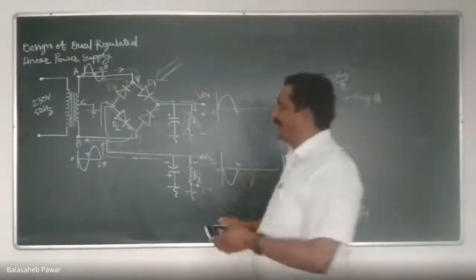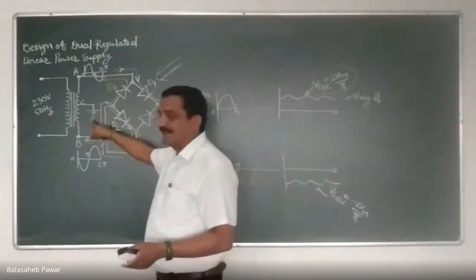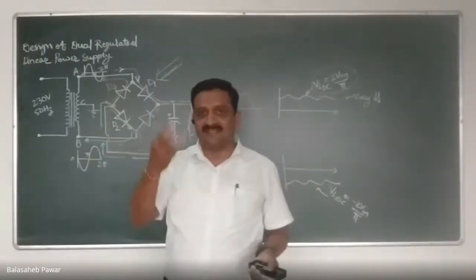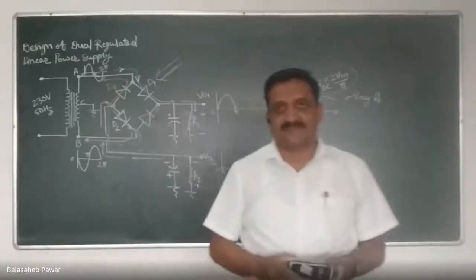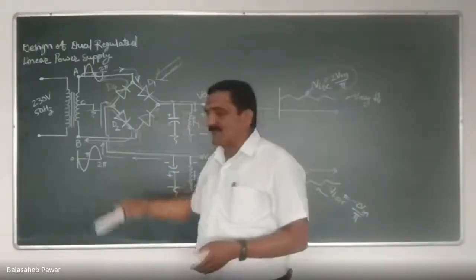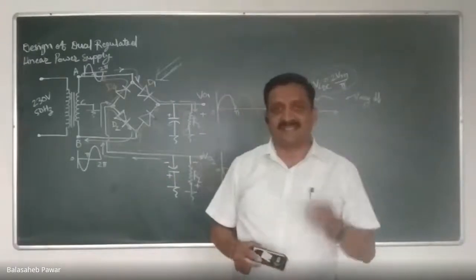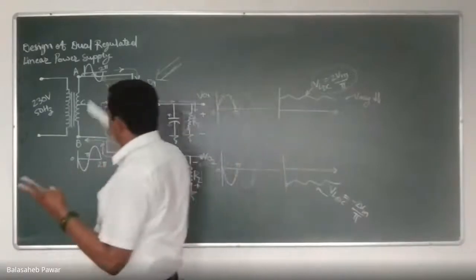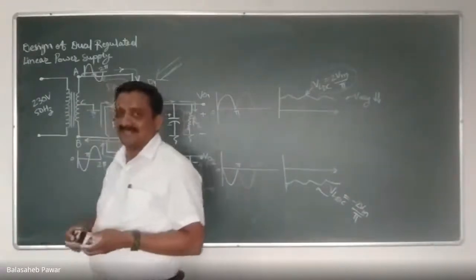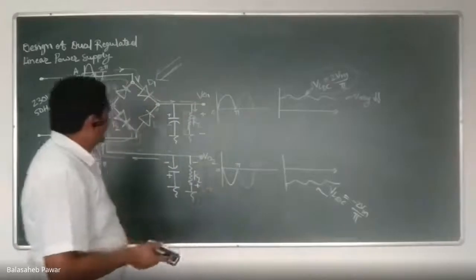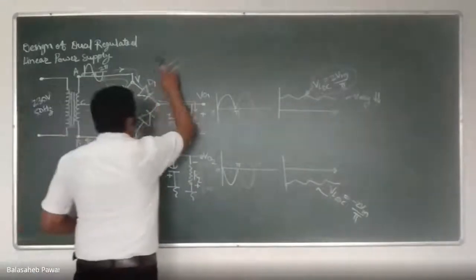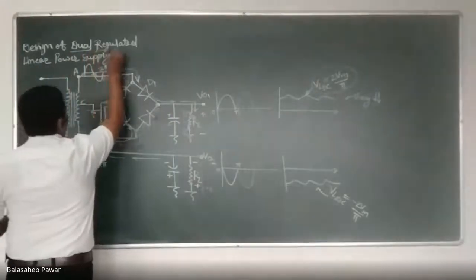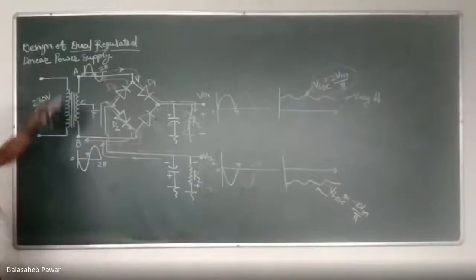Center tap is preferred and it is utilized, remember. If it is a bridge rectifier, then the center tap terminal we have to keep open. No need of that 3-terminal AC source. Again, one more thing, center tap transformer is also known as 3-terminal AC source, right? Which are those 3 terminals? Outer 2, and the third one is the center tap, correct? So, shall we go ahead? Because we have to design a dual regulated and linear power supply.